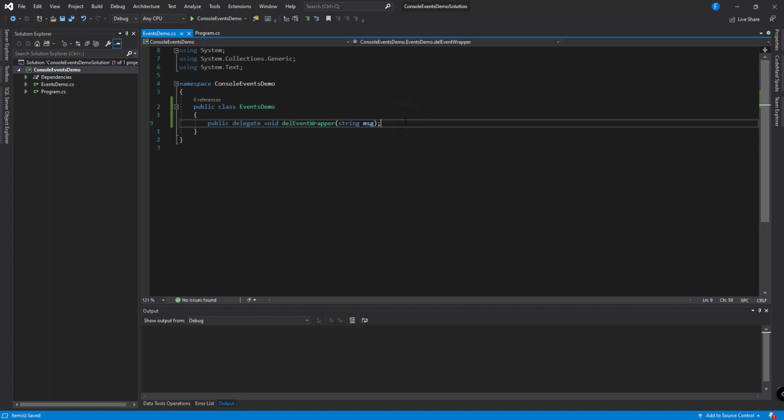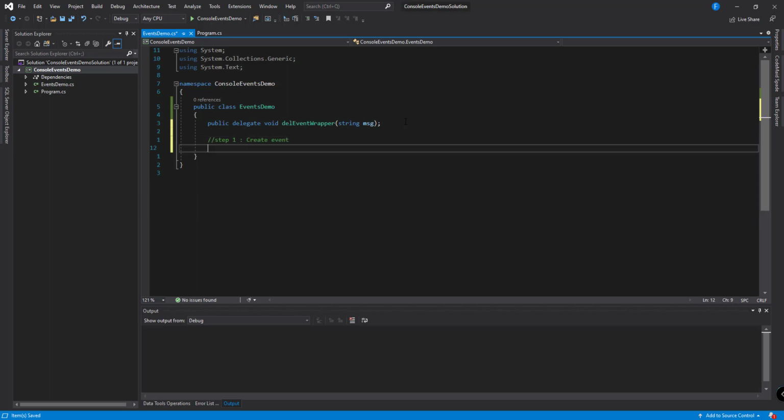So step 1, let me create an event. To create an event, along with the access modifier, we'll use the keyword event.